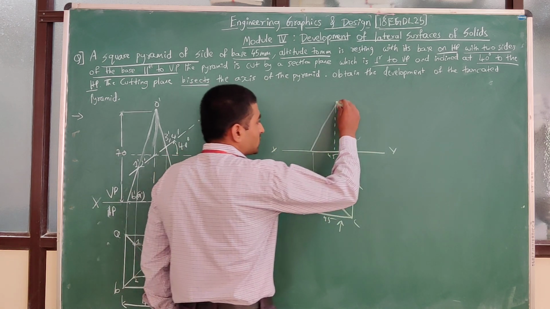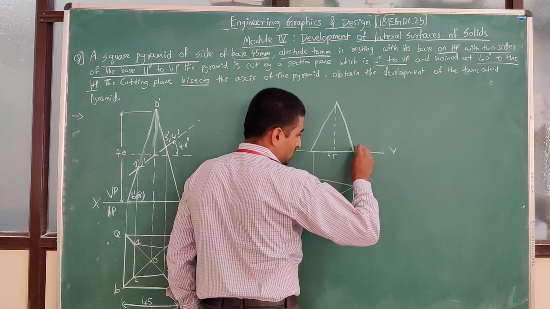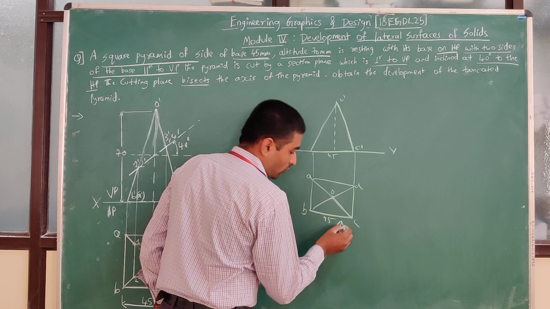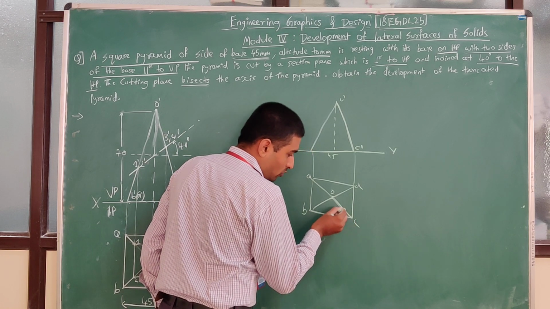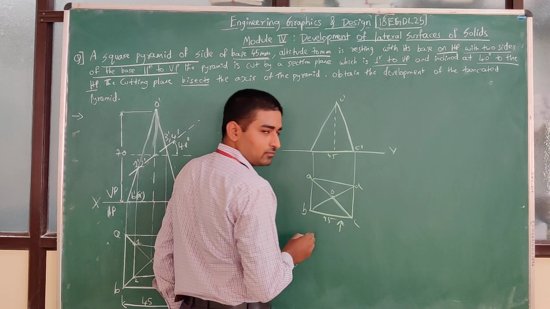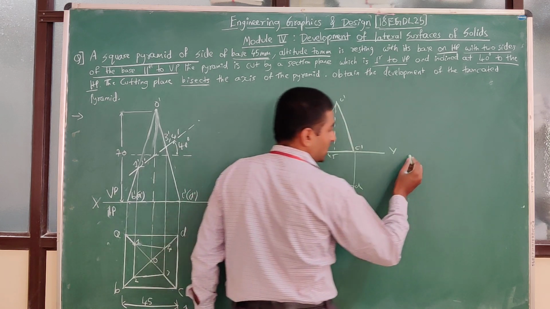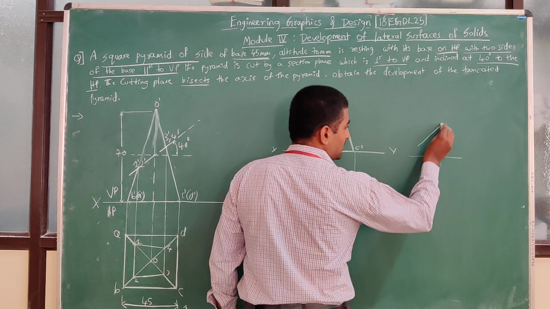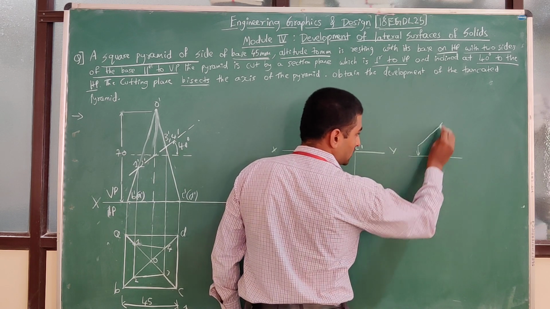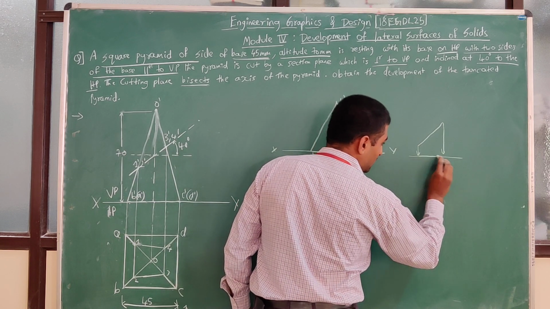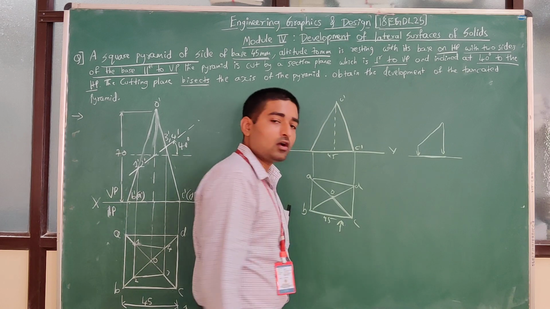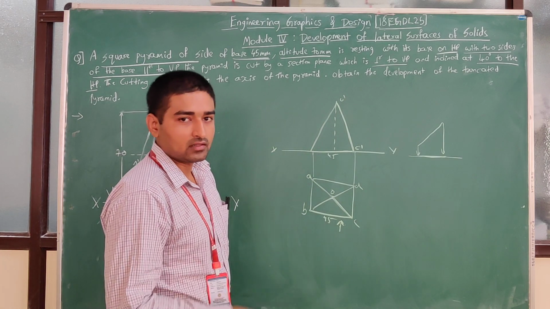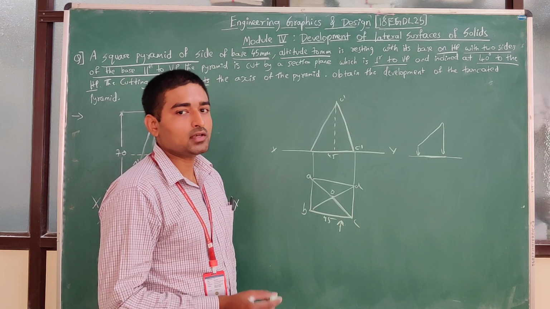But what about this edge length? This is nothing but C dash to O dash, that is nothing but C to O. Now when I see from here, is C to O parallel to the XY line? It is not parallel to the XY line. We have studied that in the projection of lines also. If a line is inclined, when you project it on the XY line, the length you get here is not the true length. If I want a true length, then that line should be parallel to the XY line.